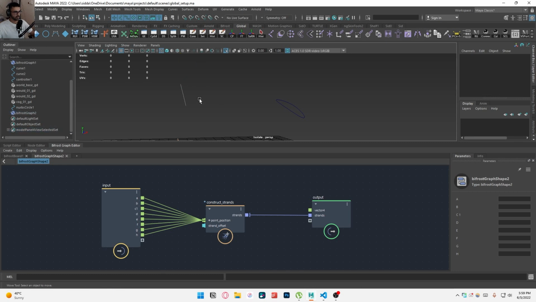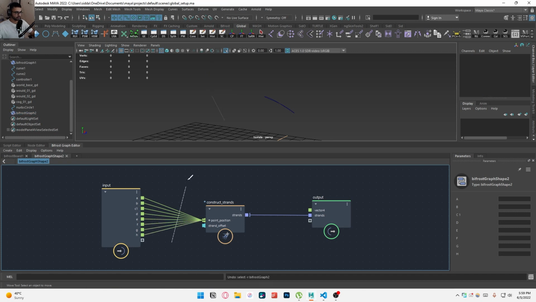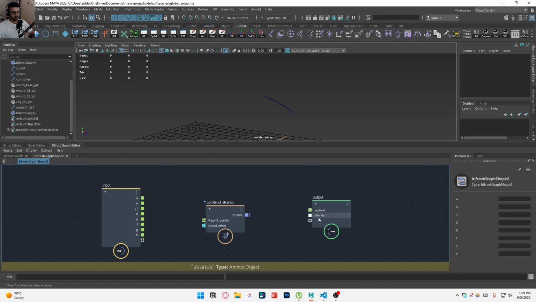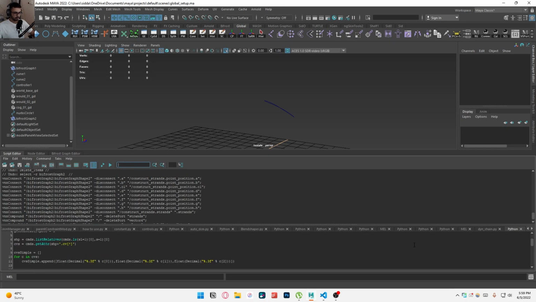Yeah, these are not world position, these are local positions relative to each other. Let's query the